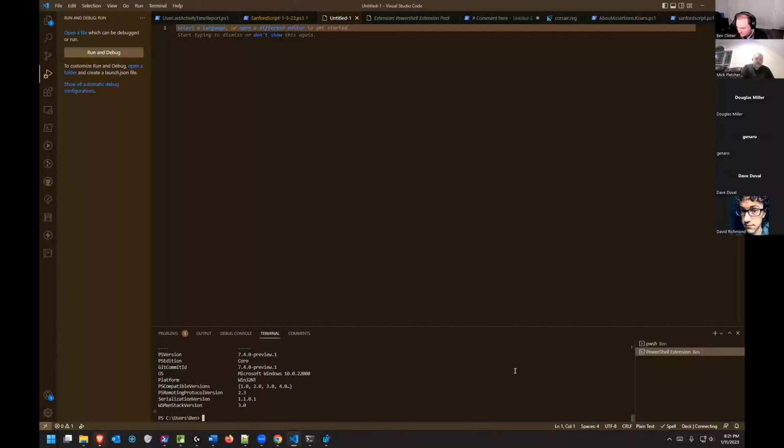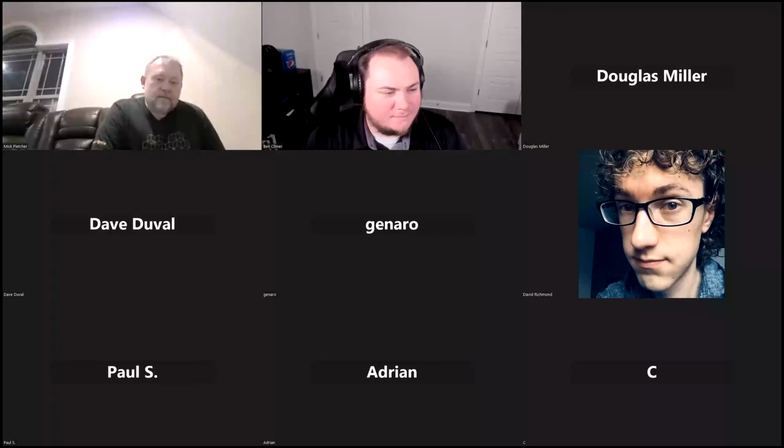So it's whatever PowerShell version you have installed, and if you have 5.1 and 7, then it'll give you the options to be able to switch between the two. I do that kind of often where I'm developing new stuff. I will write it for 7 unless I have to write it for 5.1. And then in my scripts, I try to specify which version I was writing it for, just in case